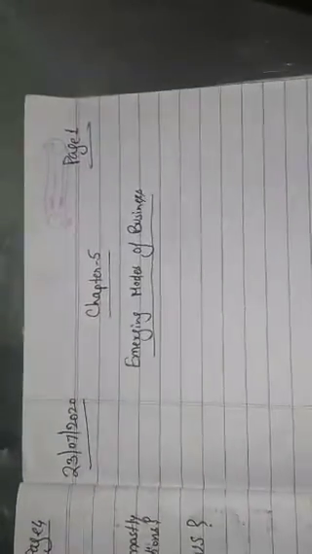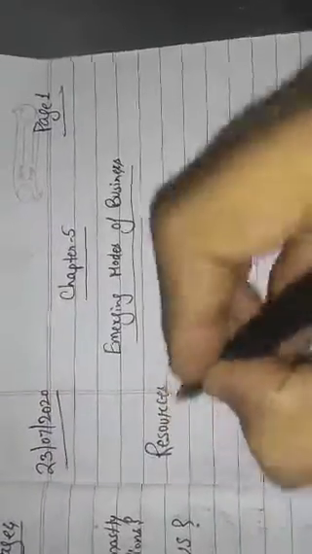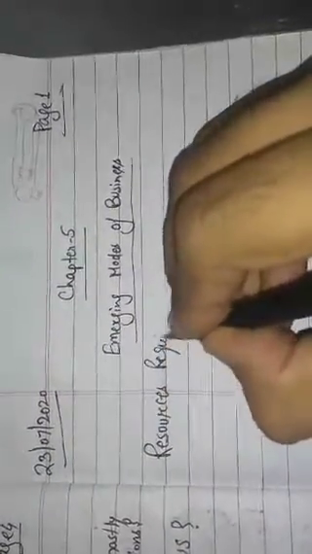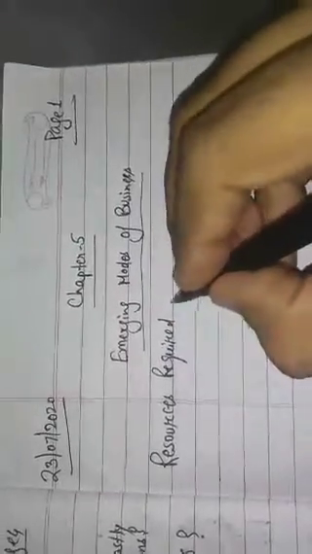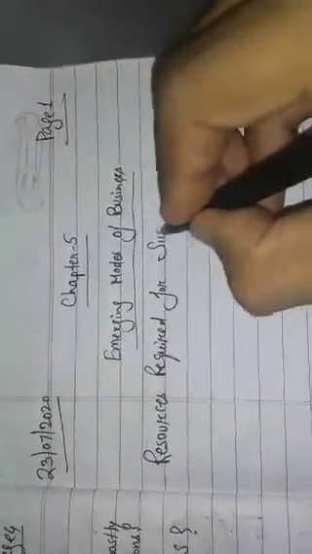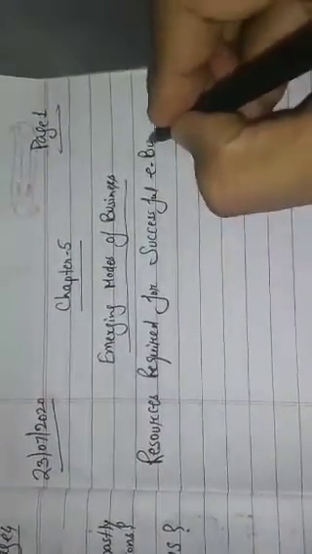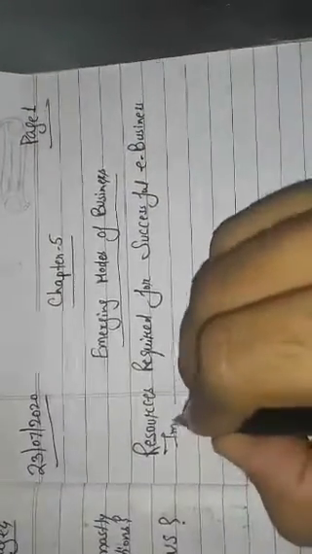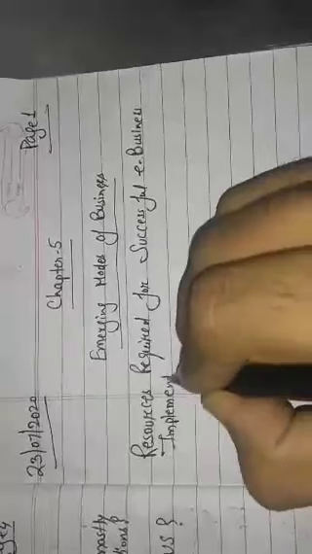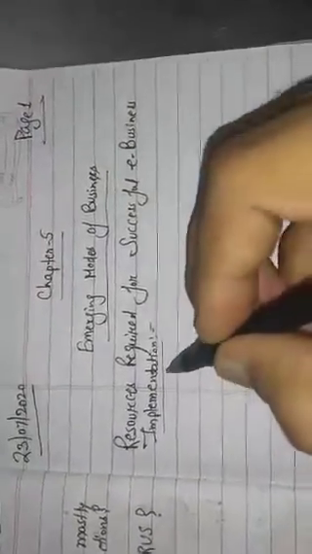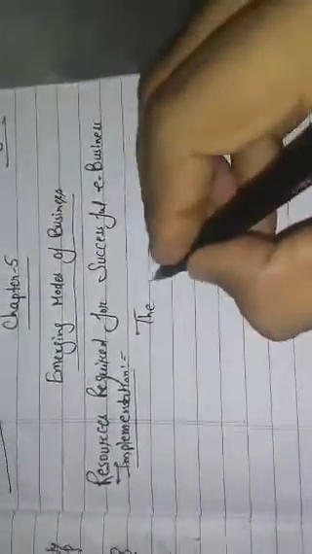So you will write the heading: resources required for successful e-business implementation. It means which type of resources will be needed at the time of online transactions. So you will write it here: the resources required